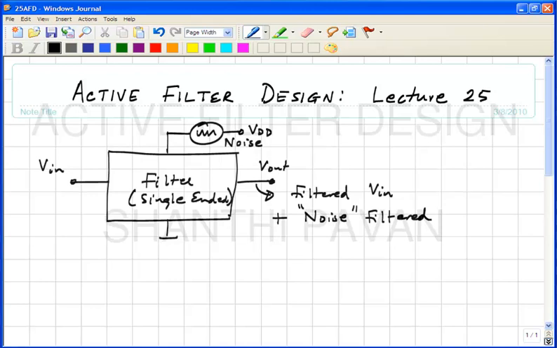The whole idea in putting a filter is the input has got some quantity which you want and some you don't want, right? And the point in putting the filter is that you want to get rid of the stuff that you don't want. Now, because of noise in the supply, you are getting rid of one kind of stuff that you don't want, and now adding something else which you also don't want, and this being noise from the supply. Okay, so that is definitely a problem.